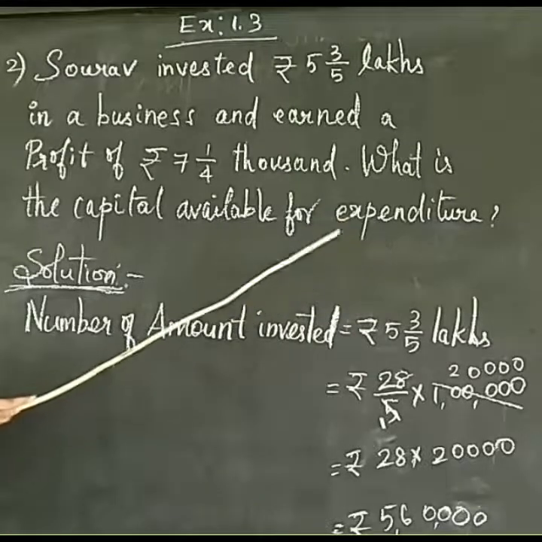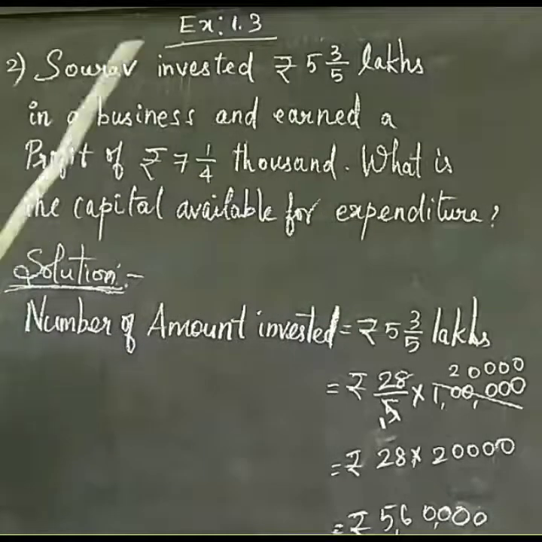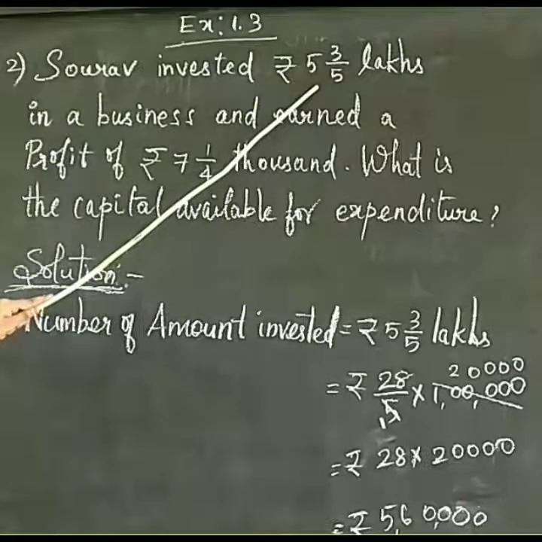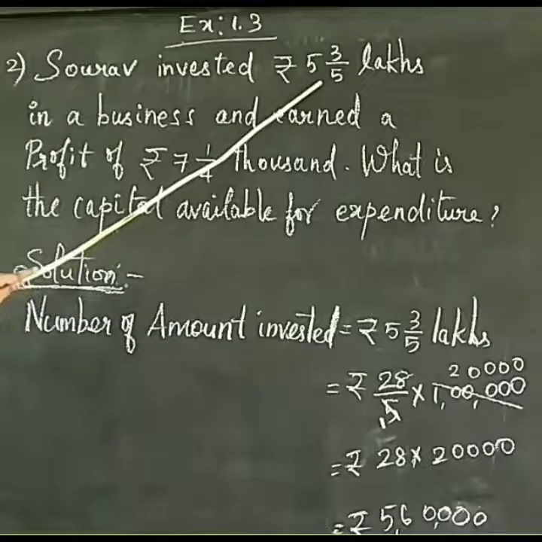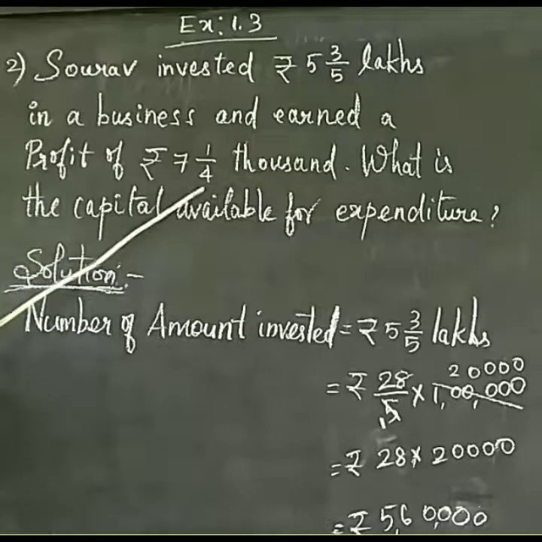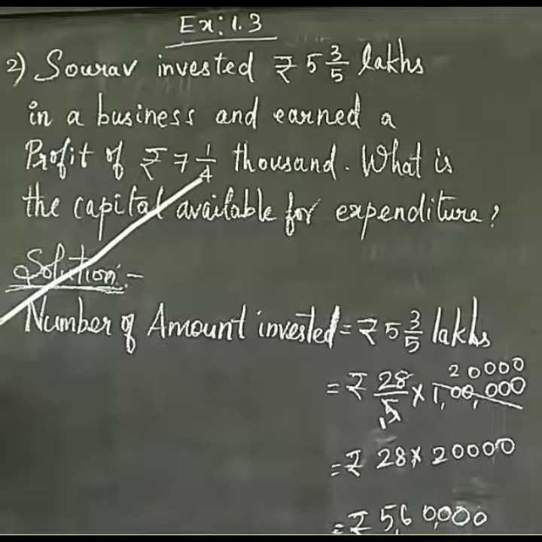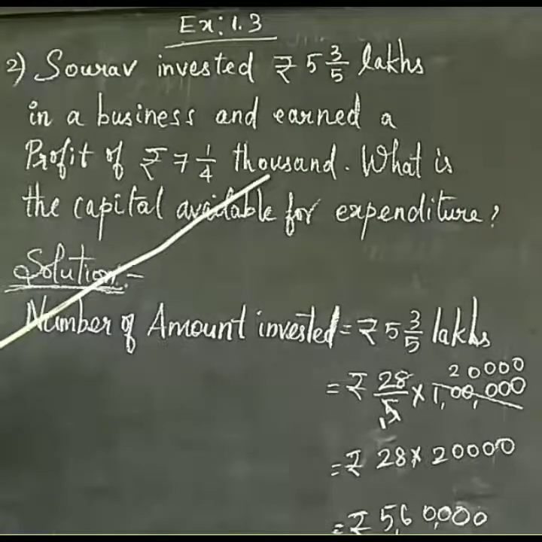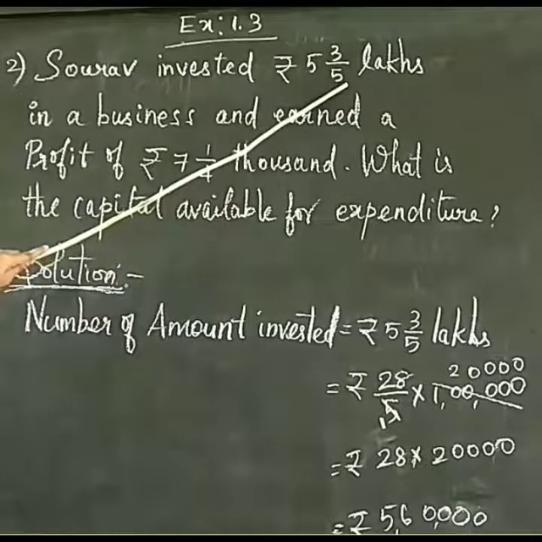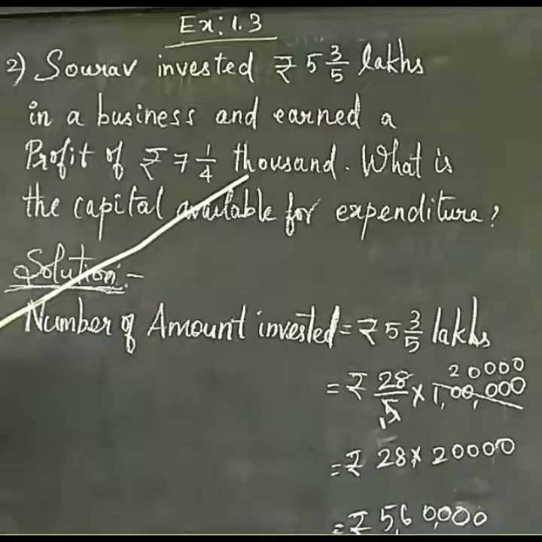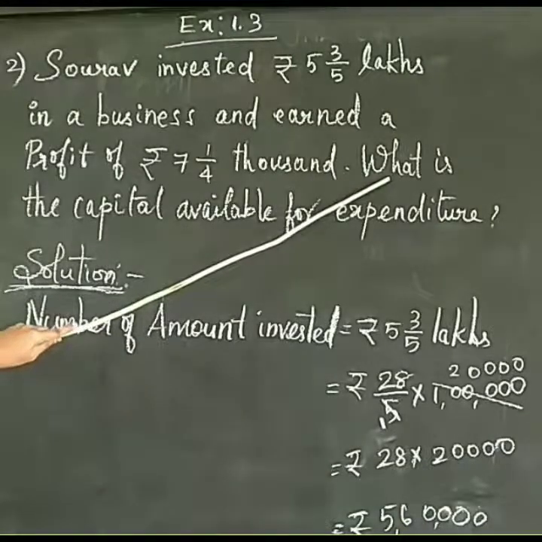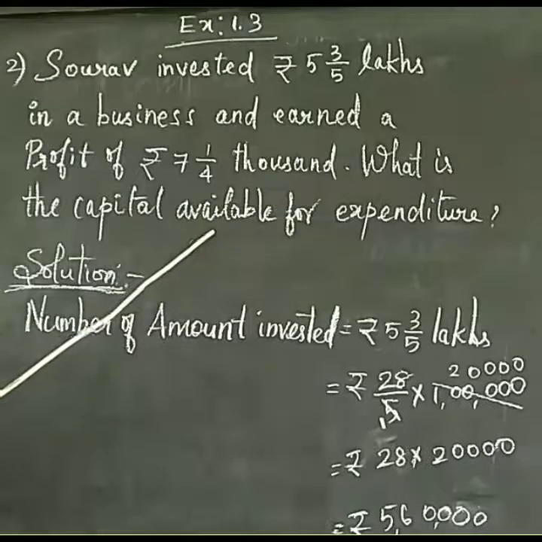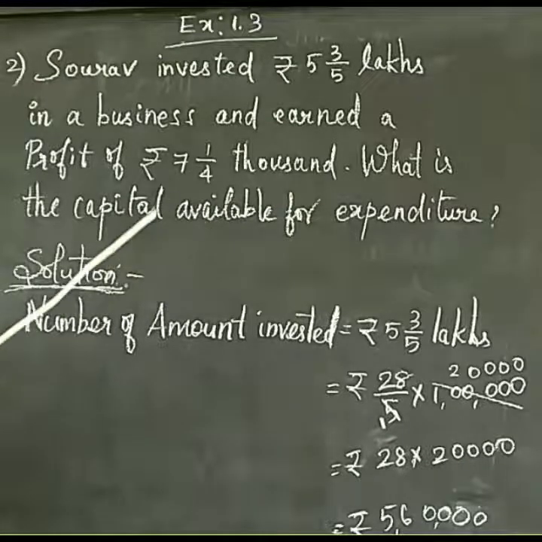So what is given in your question? About the investment, 3/5 lakhs. It is in terms of lakhs. He invested this much lakh and earned a profit. Here how much profit did he earn? 1/4,000. This is in terms of 1000. So he invested in terms of lakh and he earned a profit in terms of 1000. What do you have to find? What is the capital available for expenditure? Which means you have to